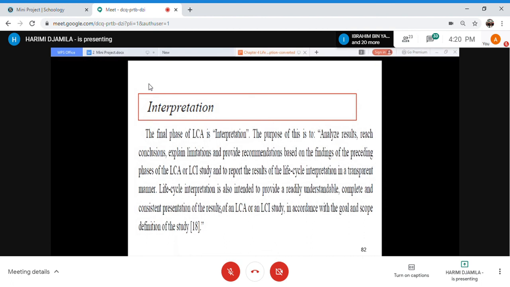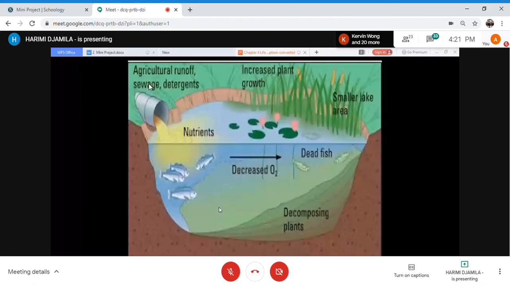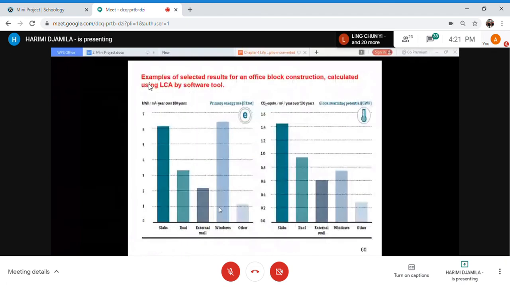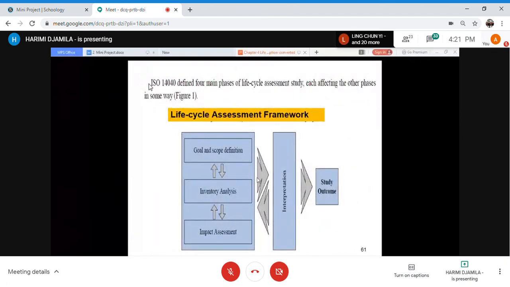Because at the end you have to have an objective, and in the interpretation you are supposed to expect some problems, and you may need to do interpretation of the result, and probably you may do some changes and redo the calculation one more time, as shown in here. So there are two directions between goal and scope, inventory, impact, and interpretation. After interpretation, probably you want to do some modification. You do the modification, and you do the interpretation. So the last, final interpretation is supposed to be